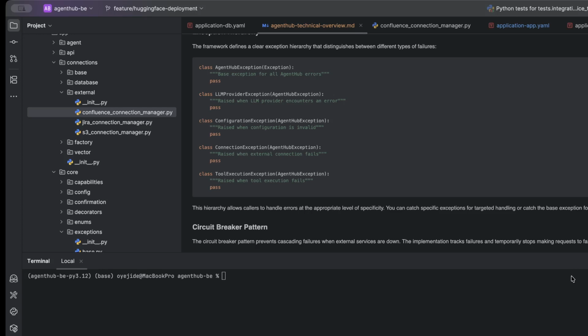How I handle this failure determines whether my system degrades gracefully or crashes spectacularly. So I'm going to cover the exception hierarchy, circuit breaker pattern implementation, retry logic with exponential backoff, graceful degradation, and a really cool example. So I'm going to start with